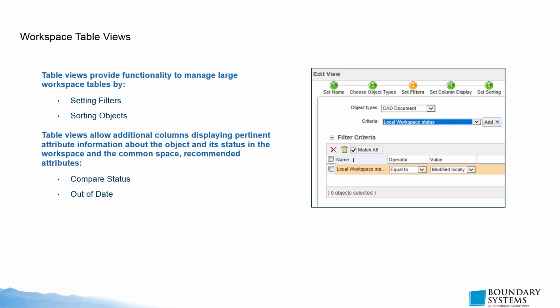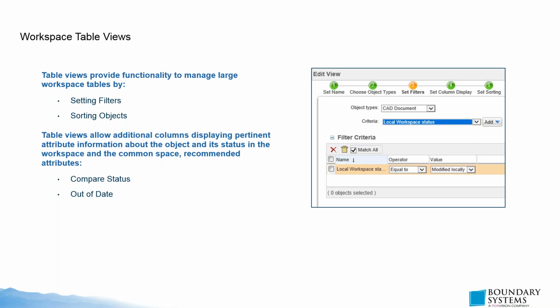So not only does it display additional information, it also allows you to set filters and sort objects and filter object types, period. Table views also allows you again to display additional columns that will display pertinent attribute information that further help you